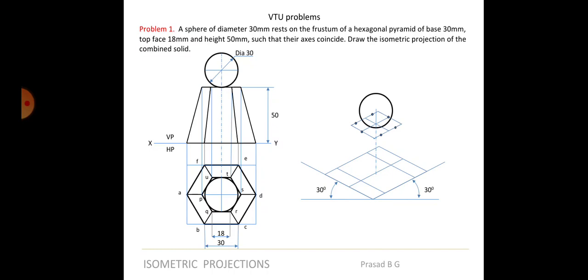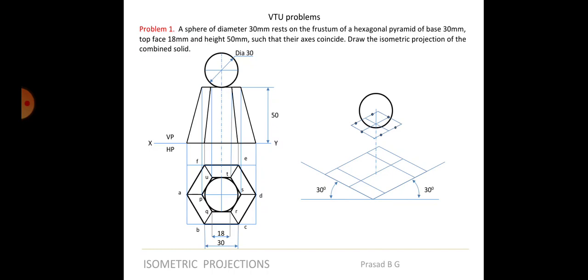So let's come from the top. Finish the base, go to the top surface and finish the top part first, and then see what is hidden. If something is on the back side, there is no need to draw it at all. Whatever is required only, we will draw. So the drawing becomes very fast.